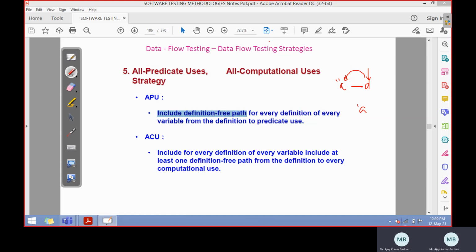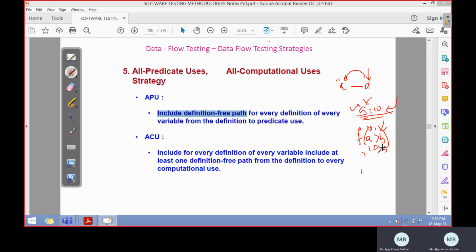Something like you declare variable A here, and somewhere in the logic you use if A is greater than B, or if A is not equal to something. So you are defining a clear free path here. The value of the variable is, say, 10, and you use it in a predicate. So both are done; it is definition clear. One time you declare the variable as 10, which we call static. After that, you check that variable 10 against some value B. So you have clearly defined what the value of that variable is. That is the definition clear path.